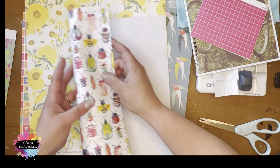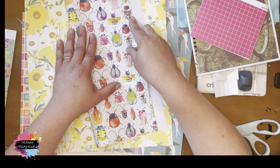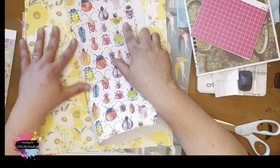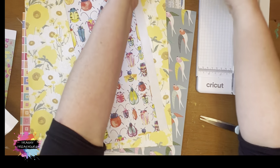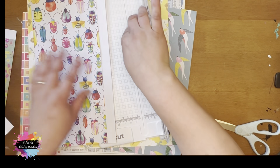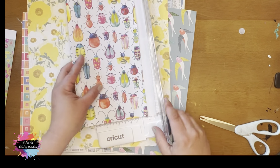A lot of times as I'm putting my pages together, the ones you see right here may not be exactly what ends up going in. I kind of just decide as I go. It can be a little hectic and messy too while I'm doing it. A little bouncy because I have to cut. I did go and get a new cutter today because my other one